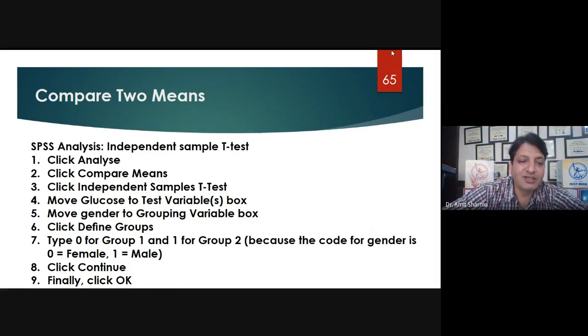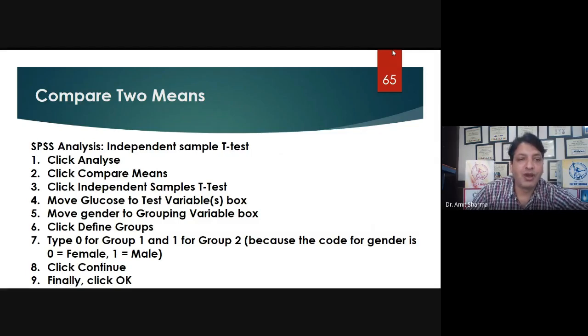So you have to tell the software that you are going to see the effect on glucose, that means the difference between the mean glucose level of males and females, because the code for gender here is 0 for female and 1 for male. After that you can click Continue, and finally you can click OK,